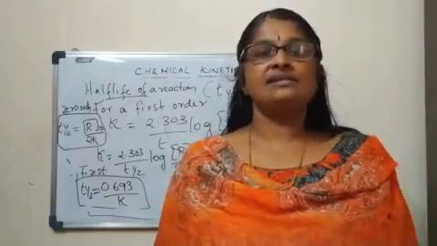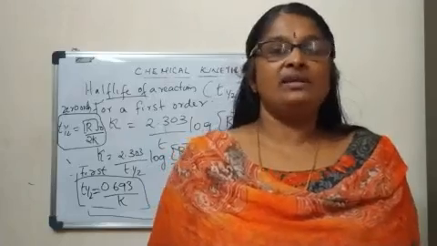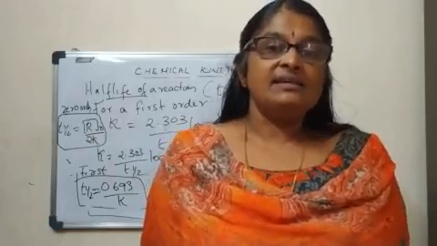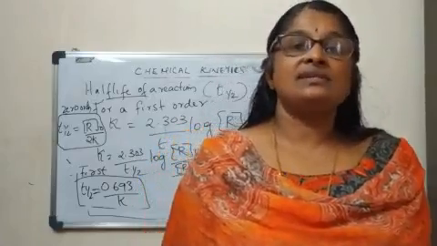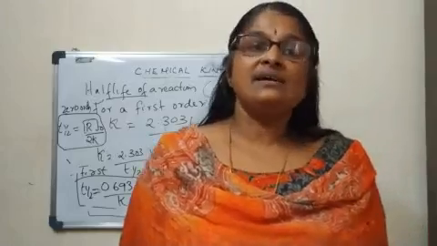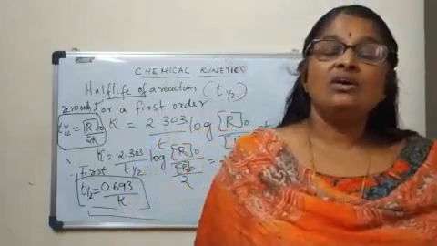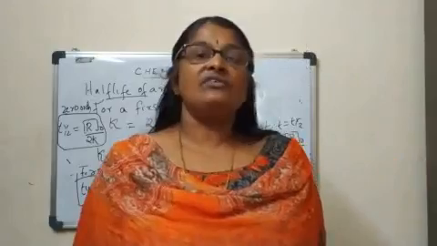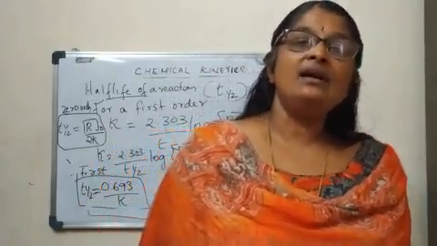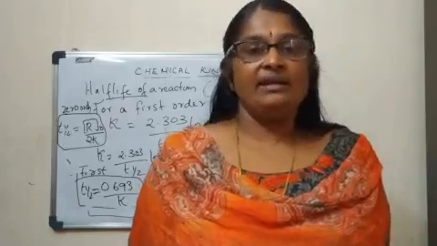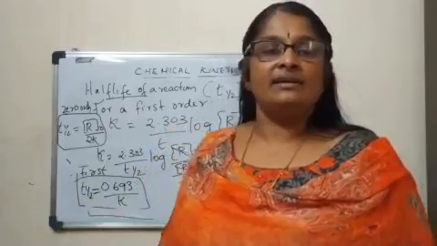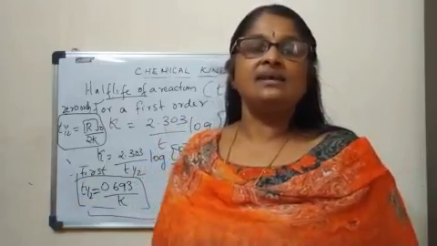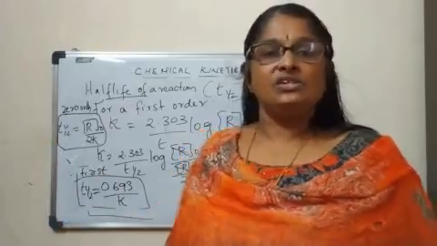After that, we discussed what is meant by half-life period. It is very important. Half-life is the time required to reduce the initial molar concentration of the reactant to half its amount. The time required is called the half-life period. It is denoted by t half. And we derived equations connecting t half and rate constant for a zero order as well as first order reaction from the integrated rate equation.